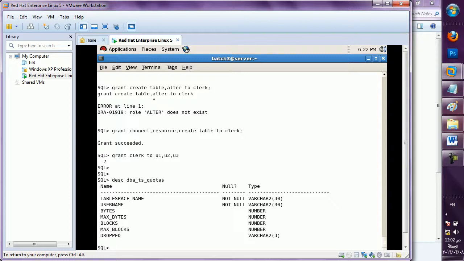You can check it here. Select tablespace name, username, and how many bytes I have given from dba_ts_quotas.